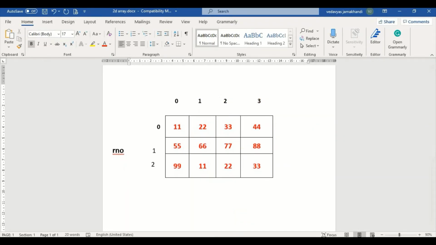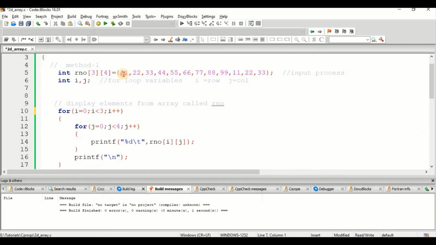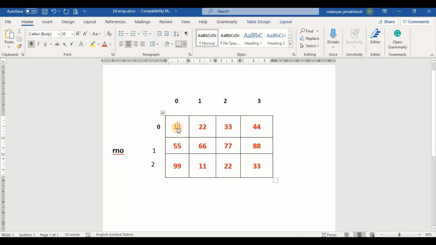Whenever I give the value, 11 at the first place, it goes to the first column, the second value to the second column, the third to the third column, the fourth to the fourth column. Now the row has been completed. Once the row is completed, the system will jump to the next line. In the next line, from 55 onwards, the values will be stored. Once that row is completed, again it will jump to the next line.